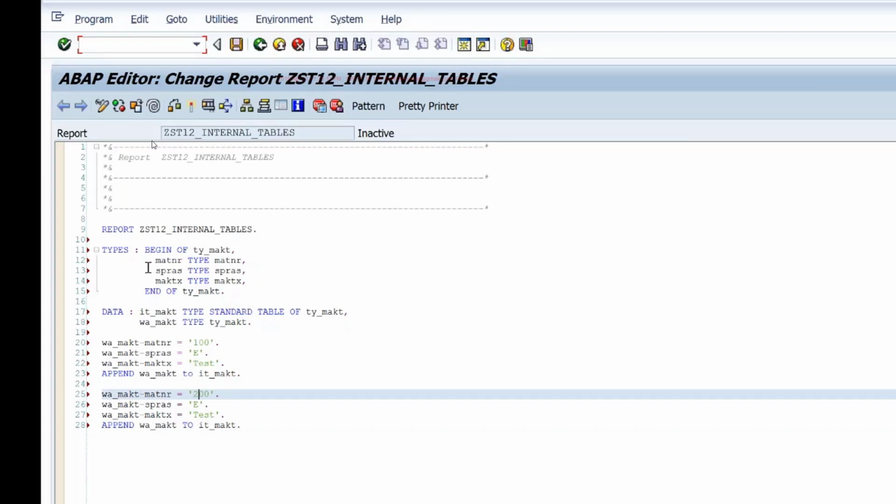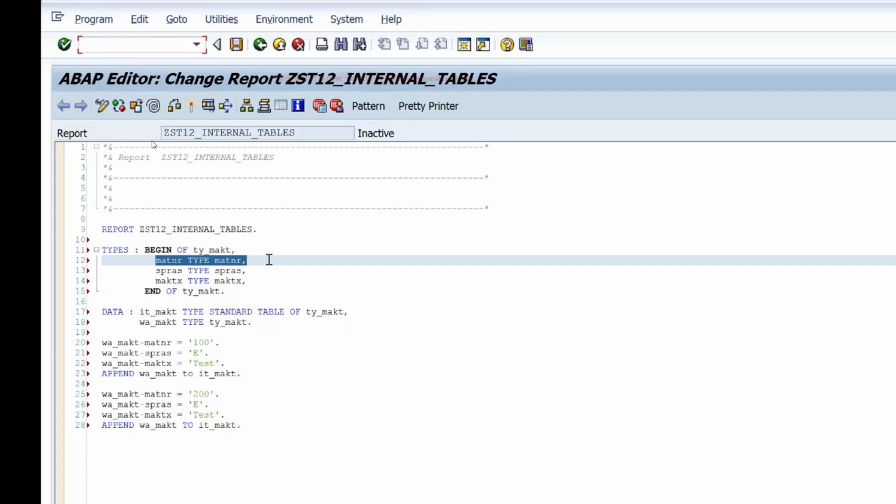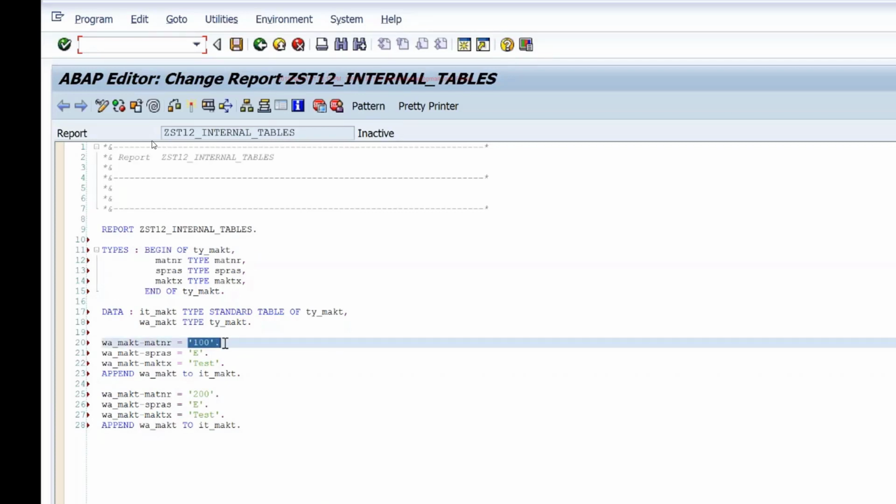Assuming if I have just matnar as the key field for this table, then the matnar cannot be repeated in this table. It can have only one entry with one matnar. I cannot add a second record with the same matnar if it is unique key. But if it is a non-unique key, then you can have multiple rows with the same key in your internal table. So that's the difference between a unique key and a non-unique key.